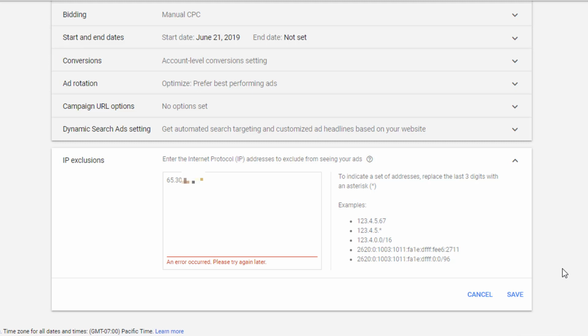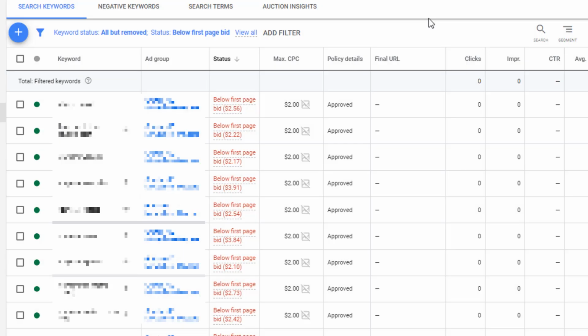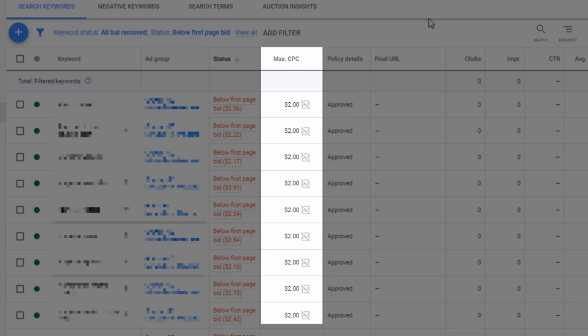In this example, you can see I tried to paste in my IP address, save the campaign settings, but we get an error and I have to remove that IP address and resave it just to have that campaign updated. We have our campaign set up, we have our ad group set up, we're adding keywords into our campaigns, and that'll bring us to our next limitation in Google Ad Grants accounts, which is we can only hit a $2